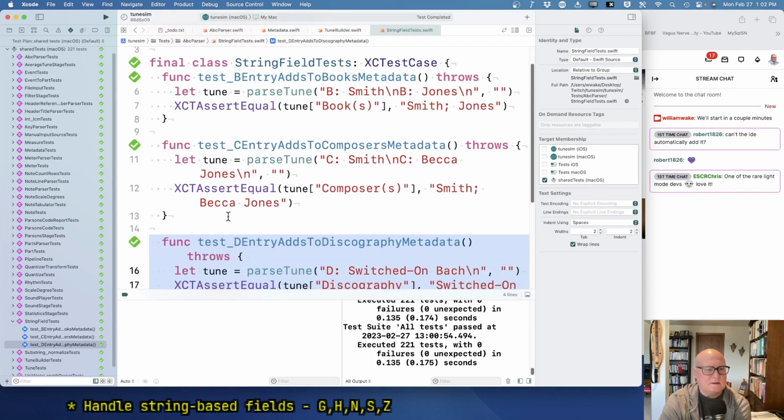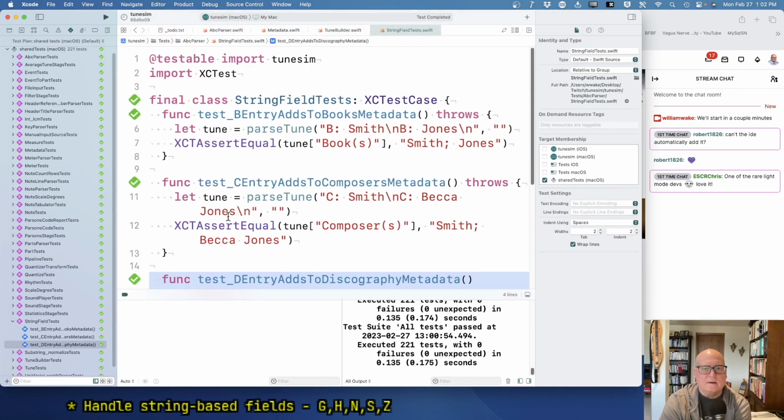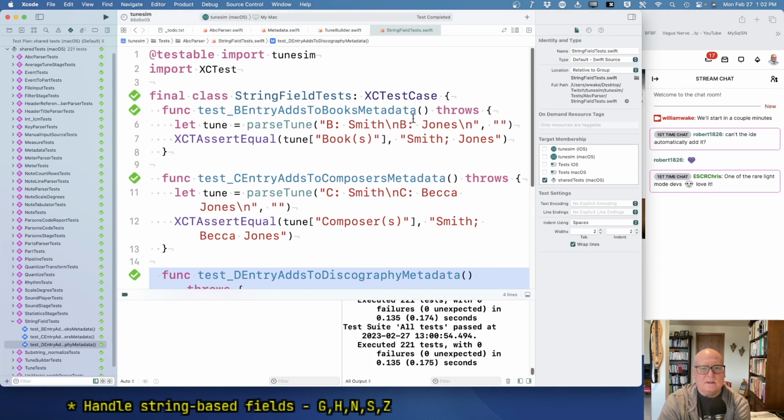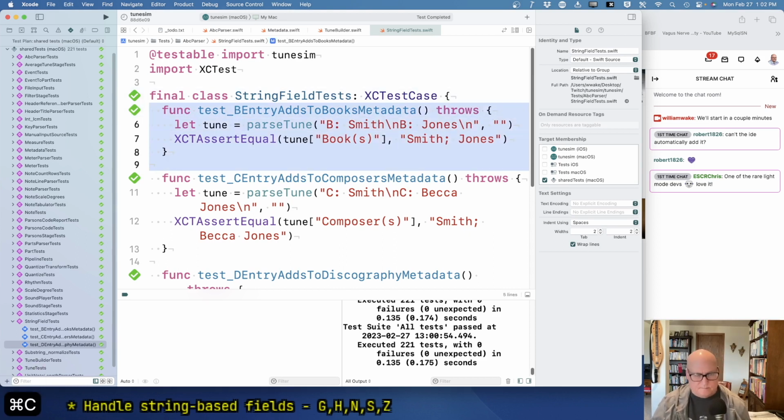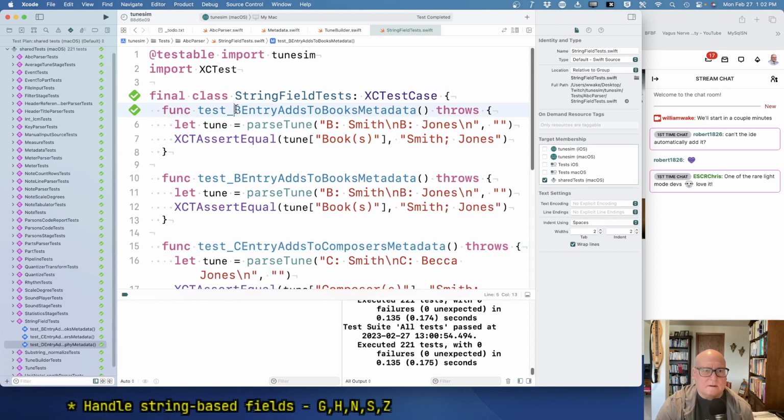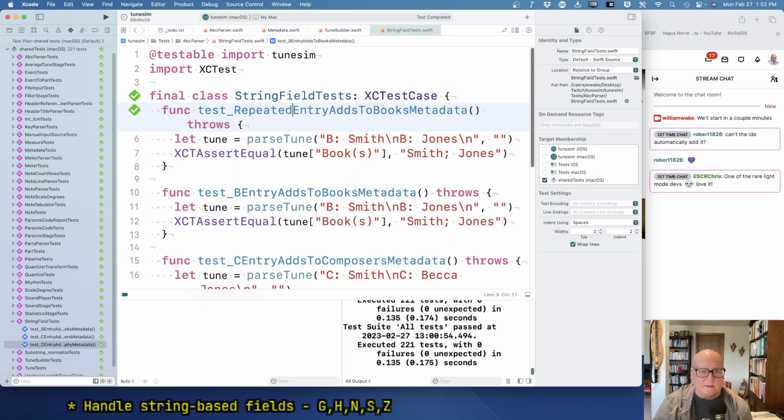You know, we don't really need to test this repeated semicolon stuff more than once. Let's do it this way. I'm going to duplicate this test. Okay. Repeated entry